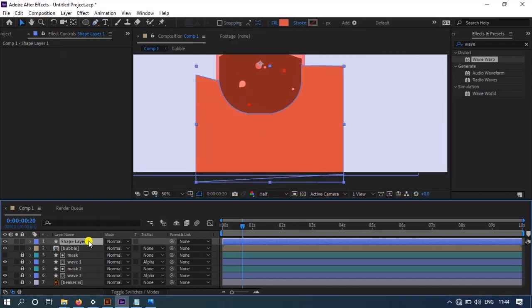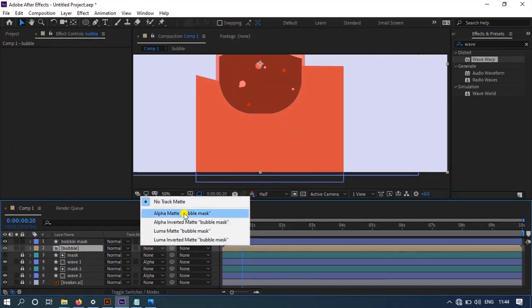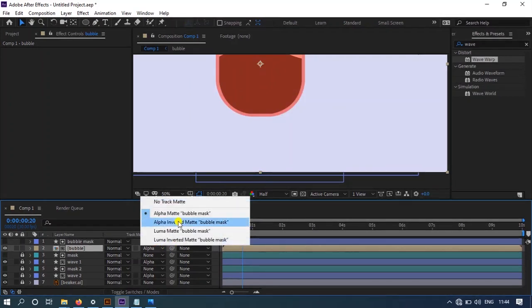And change the name of this layer bubble mask. Now click on this none icon and click on alpha matte bubble mask. Oh, sorry. Click on this none icon and click on this alpha inverted matte bubble mask.